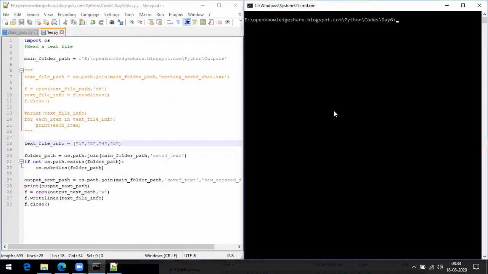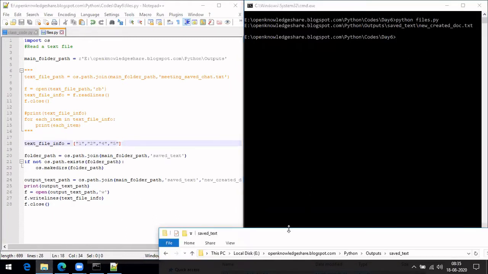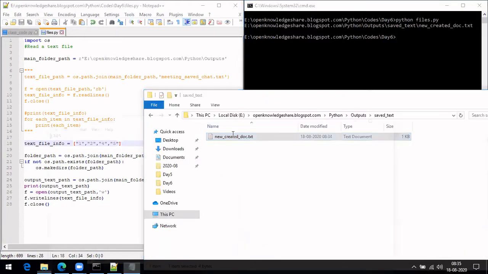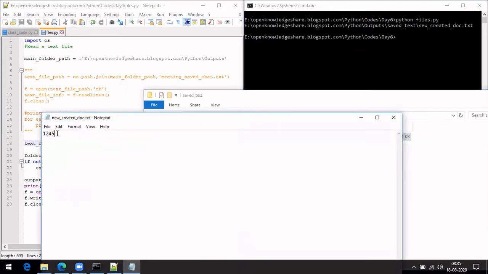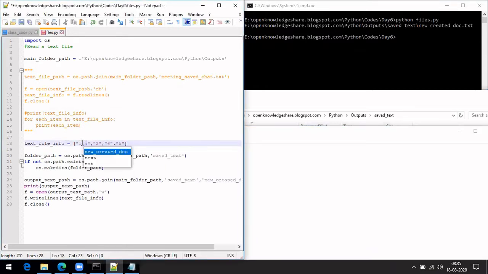Okay, let's see that. So it is able to save it. Let's see what it has created. See, 1, 2, 3, 4. It's only those. Okay. So in case it should be in the next line, you have to specify a new line here. Then it should be coming in the next line.